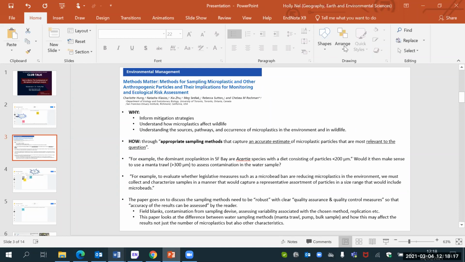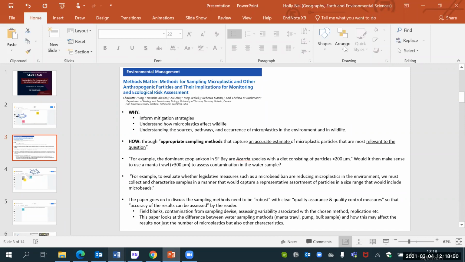So the first thing that they talk about is, why do we actually collect microplastic samples? And that's why I put it as one of the first questions in the Jamboard. So think about your own research and think about, what is it that you're trying to answer? Is it how we previously looked in the past? Is it explorative? Are we looking at presence versus absence? Is that relevant anymore? Or are we starting to move towards trying to have deeper understanding of what's in the field? More